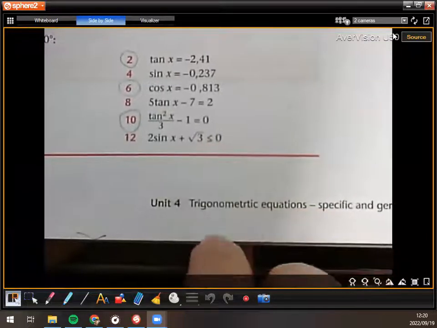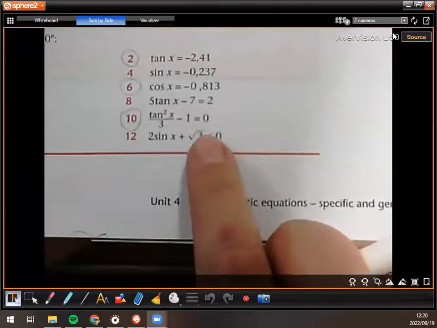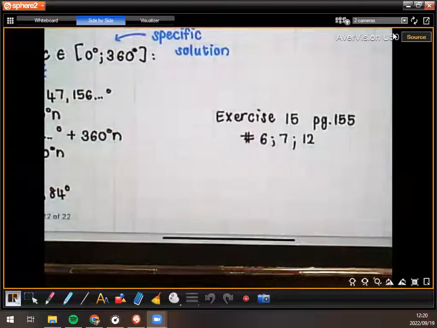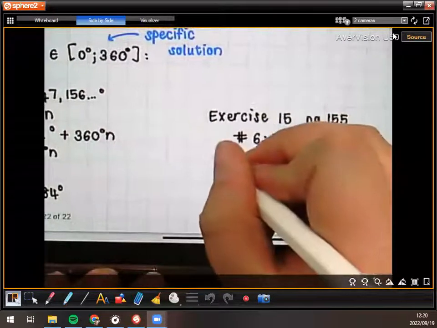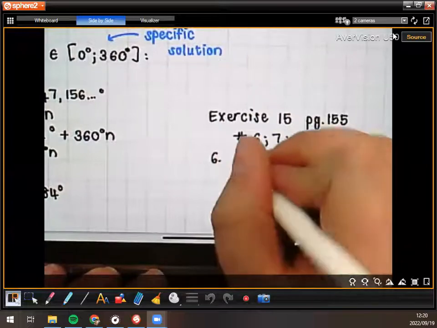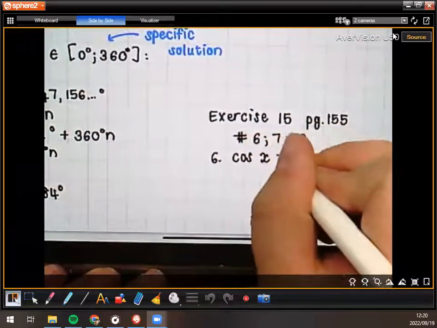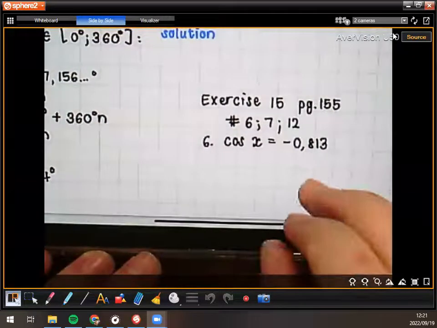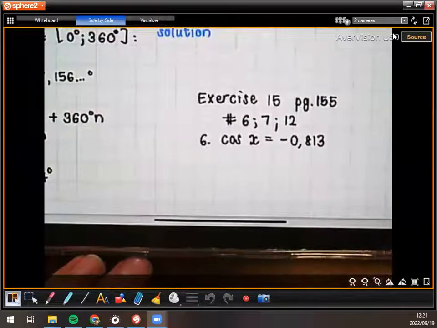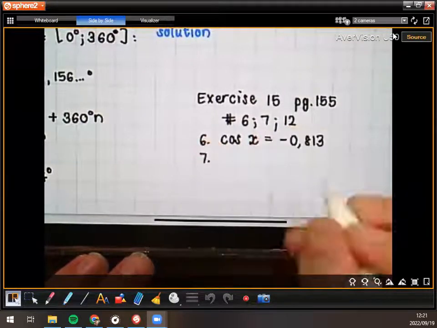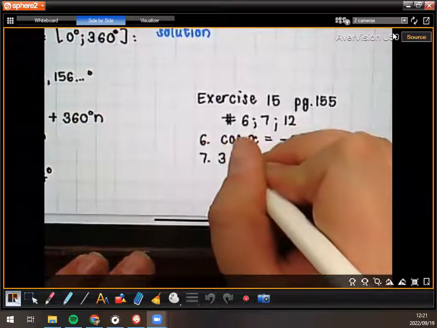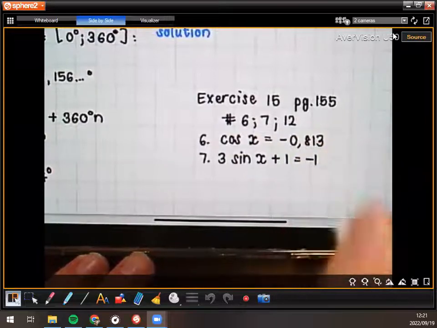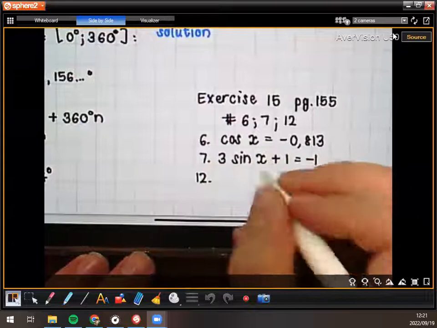Oh, so maybe I have an old version of this book. Okay, so then that should be fine. 6, 7, and 12. I'll write them down for you quickly because I know some of you aren't fans of bringing your books to class. So cos x is negative 0,813. Is it? Okay, yeah, so if you can just change it then. 7 was 3 sine x plus 1 equals negative 1, and 12